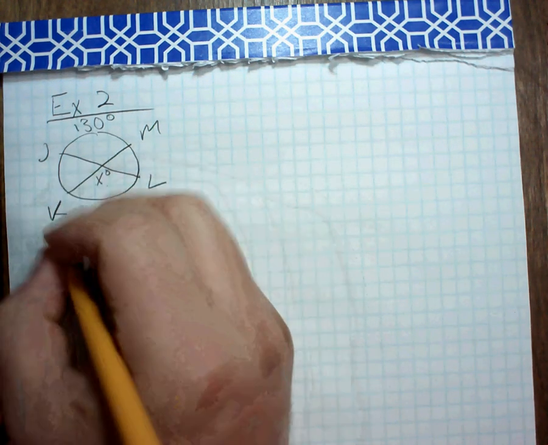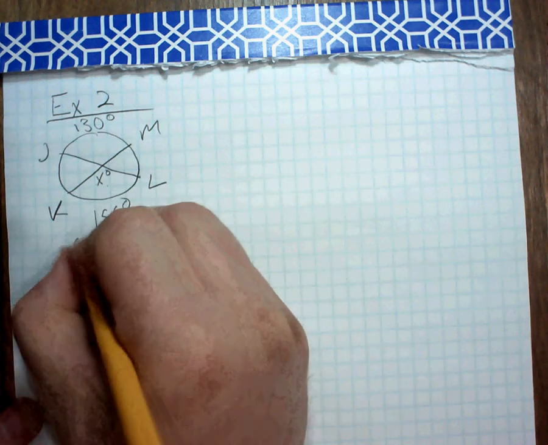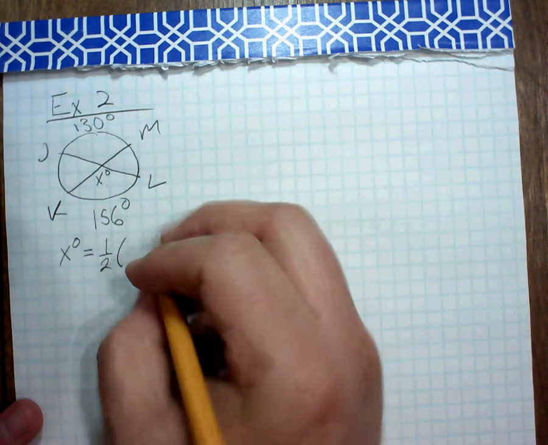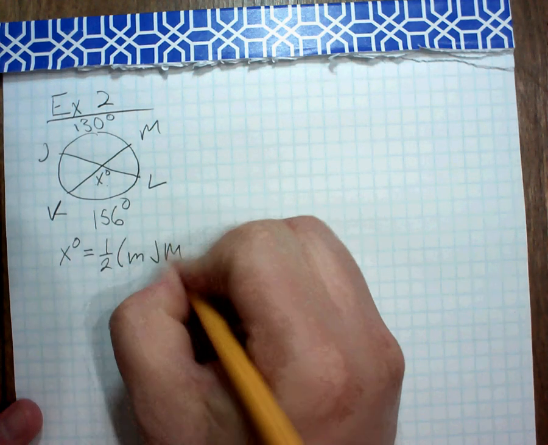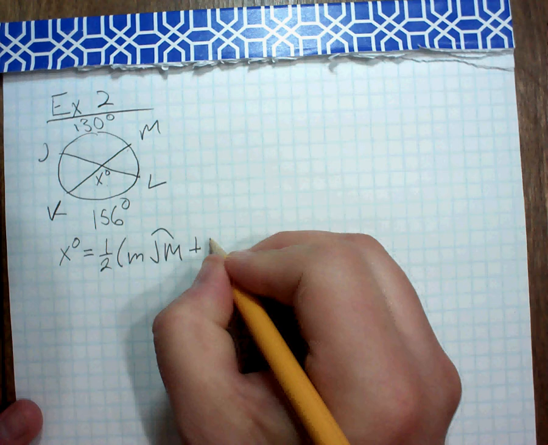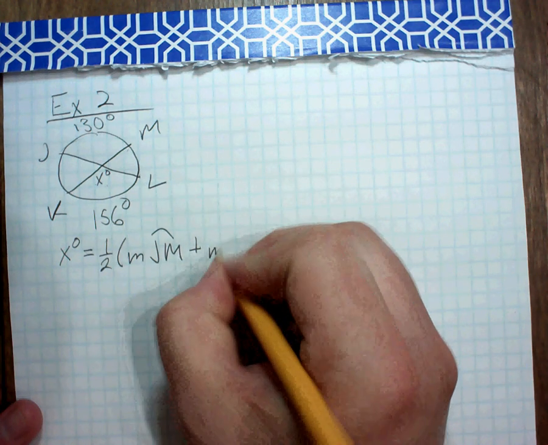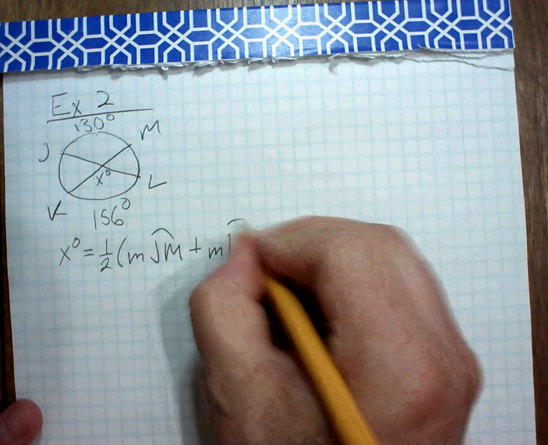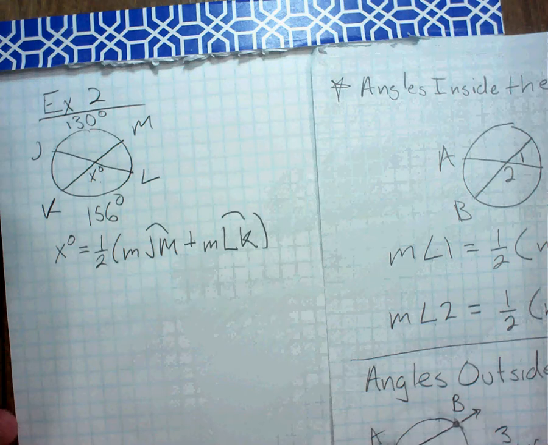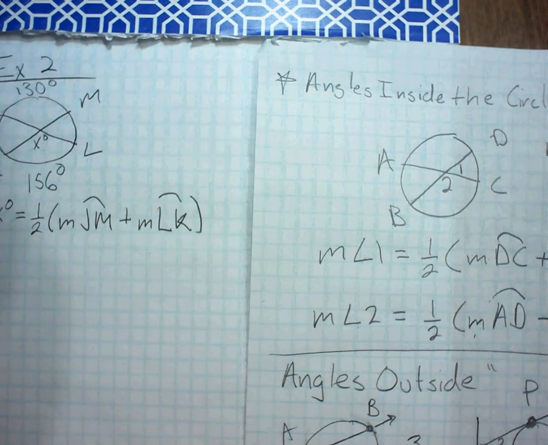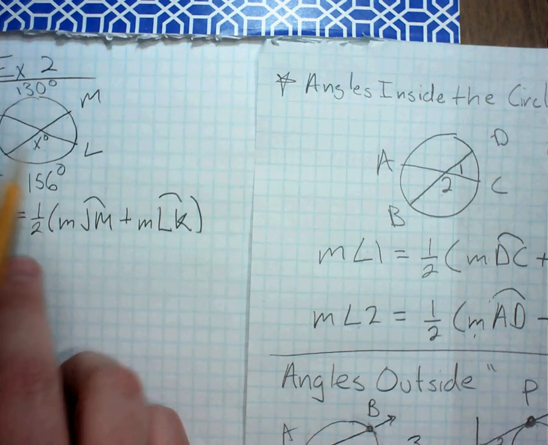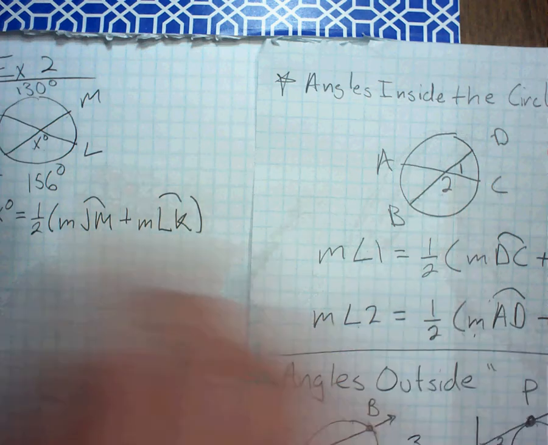The relationship for this angle is going to be x degrees is equal to 1/2 times the quantity, the measure of arc JM, from here to here, plus the measure of KL, or LK. And I just pulled that from here, right? So this is our notes. Okay, and if I look at that, this is like measure 2 in the notes, right? And measure 2 is AD, the top half,